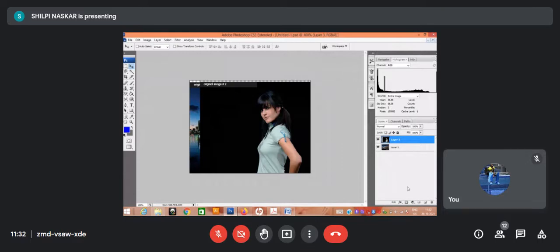Now next I have to create a new layer. So where from can I create a new layer? From here, at the bottom of the layer palette, I can create a new layer. Now after creating the new layer,